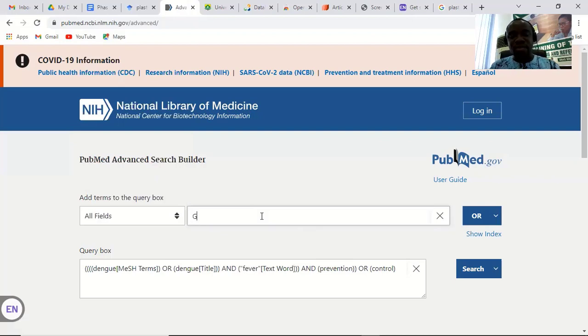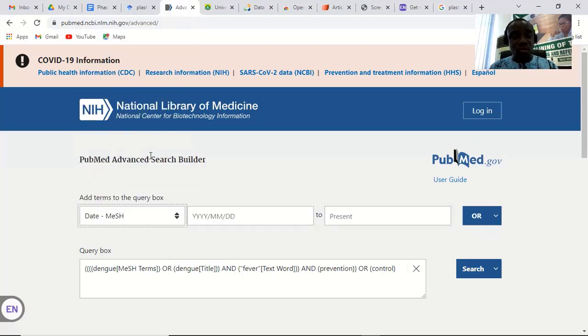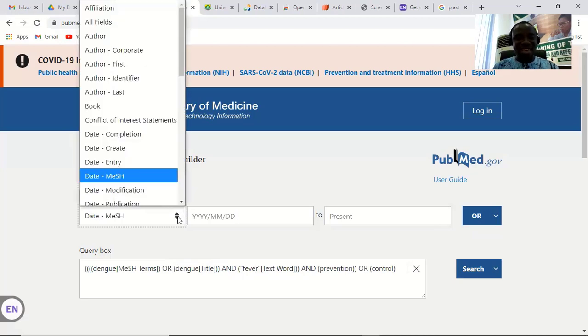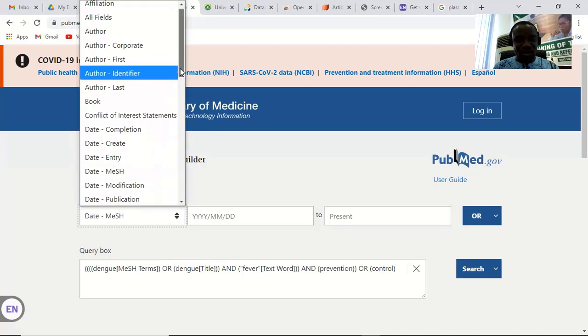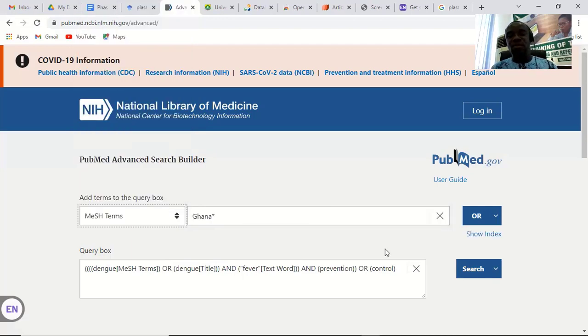Now, the last one, Ghana. We said we are going to translation for Ghana. So the asterisk. And at this point, let me go for MeSH terms again. I'll pick Ghana from the MeSH terms. Oh no, I used date MeSH. No, please, I don't need dates. It's the normal MeSH I'm looking for. So let me go down. MeSH terms, yes, MeSH terms. Good. And don't forget, Ghana, adding to this, has nothing in similarity with this thing. Ghana is a unique term on its own. And so we are simply